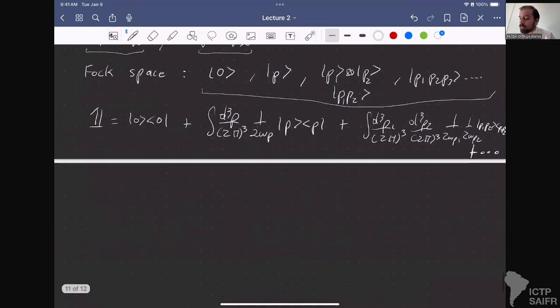And I don't remember if I did, but as above, you have a number operator. Yeah, I think I did a number operator that was dependent on momentum, but you can have a number operator that is independent of the momentum, which is going to be an integral over this other operator, where this was just A_p dagger A_p,